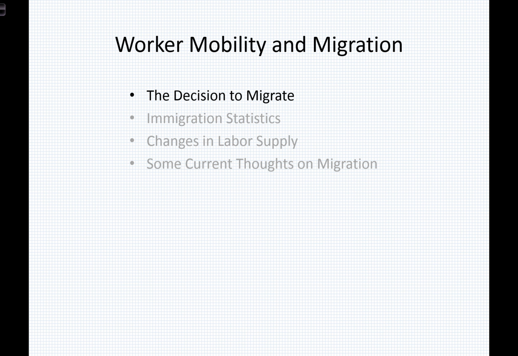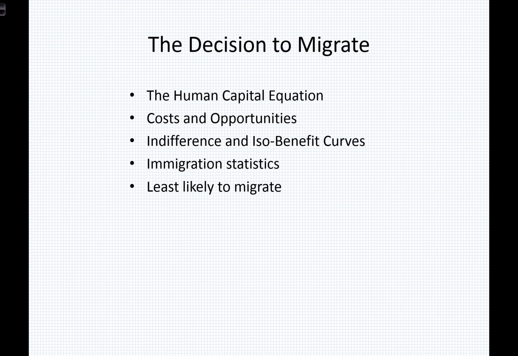So first, let's discuss the decision to immigrate or to migrate. When we discuss this, we have to think first in terms of the human capital equation, so we have to weigh the costs and the benefits. We need to think about costs and opportunities of migration. We need to think about worker and location indifference and iso-benefit curves. These aren't expressly different from the indifference and iso-profit curves that we experienced in a prior module, but they're a little bit different, and I think you'll see the difference. It's a nuance at best. We'll look then at some immigration statistics,